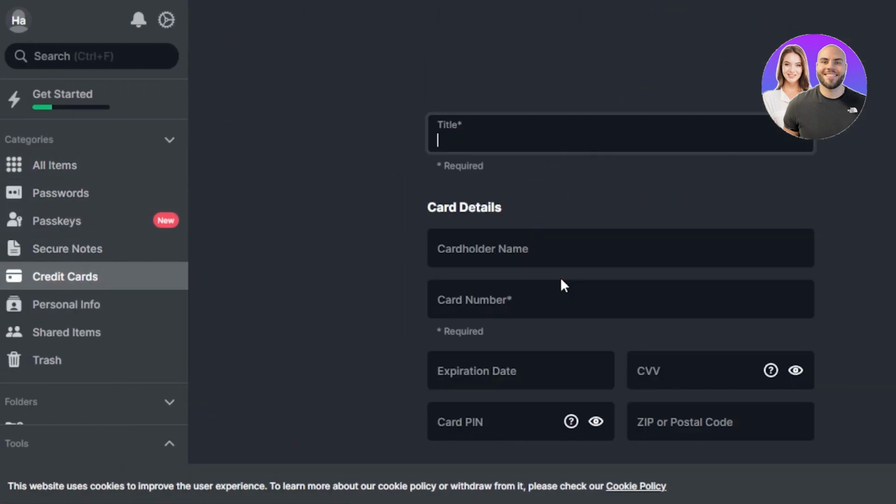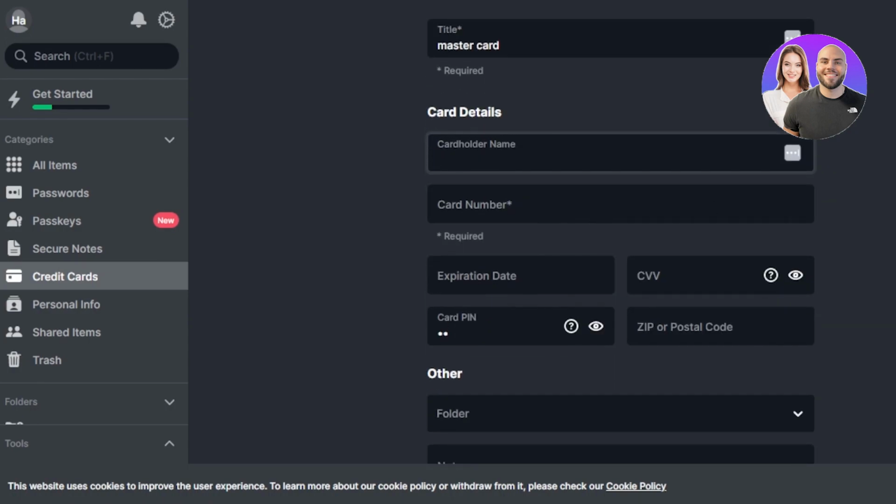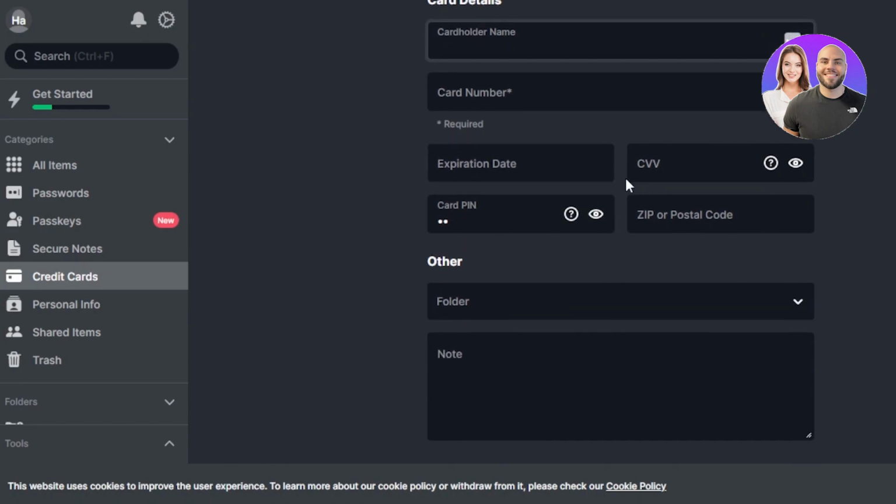Click on add credit card and you will enter the title. Let's say that I have this credit card. This is actually a MasterCard, or this is my shopping card, any credit card that I have. You will enter your card holder name here. Then we have to enter the card number. Then you will enter the expiration date here, CVV, card PIN, your postal code, and then we have the other